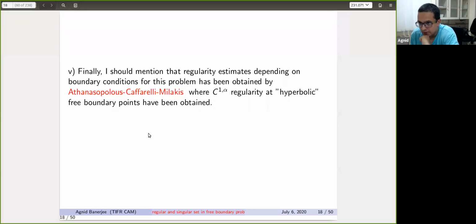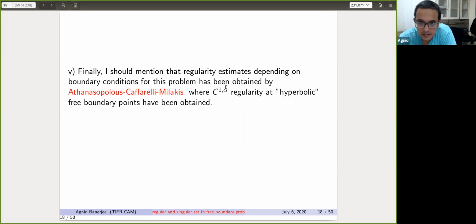and they were also able to get some C^{1,alpha} regularity at so-called hyperbolic free boundary points. Now, our approach and treatment is somewhat different because one of our objectives, besides studying the regularity, is the systematic classification of free boundary points, and that requires a blow-up analysis. So for that, we need local estimates which don't depend on the boundary conditions. So in that sense, we cannot rely on the results of Athanasopoulos, Caffarelli, and Vazquez because we have to localize such estimates. And our approach is quite different because in their case, the first thing that they show is some basic quasi-convexity estimates in space and time, and that plays a very crucial role in their analysis.